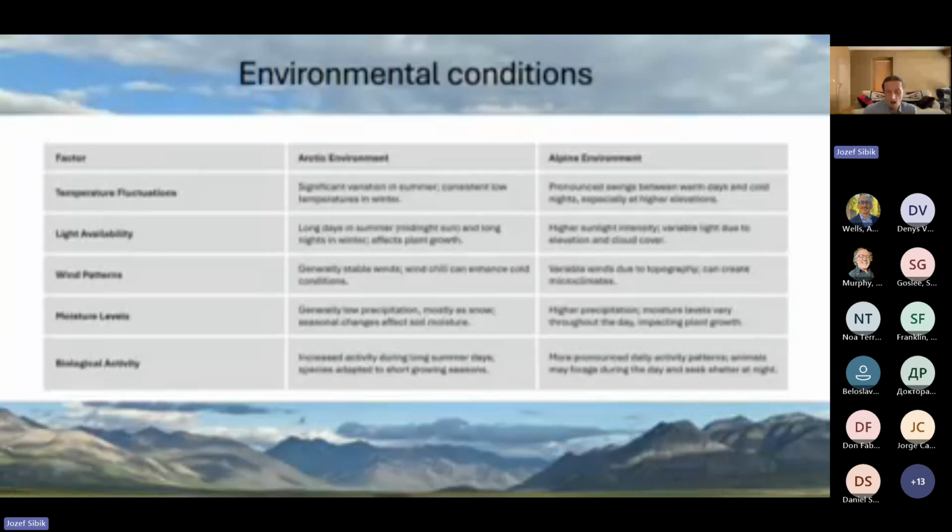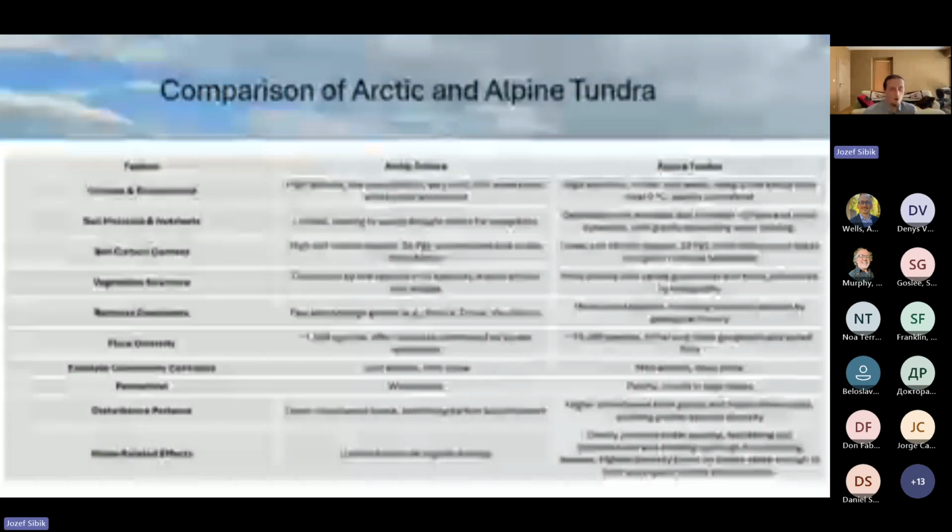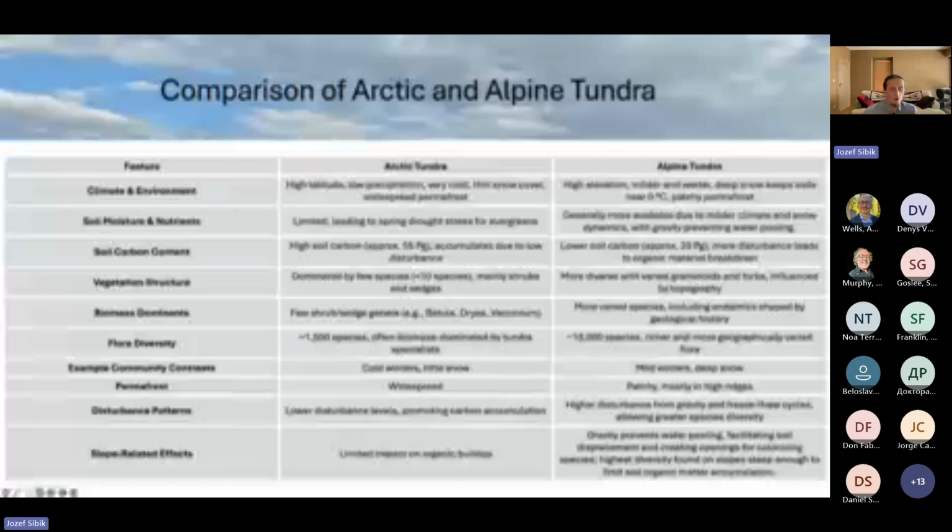And I will be talking a little bit more about these differences, so we can see the differences between high latitude and high elevation. This is also mirrored in the number of species. So while the Arctic